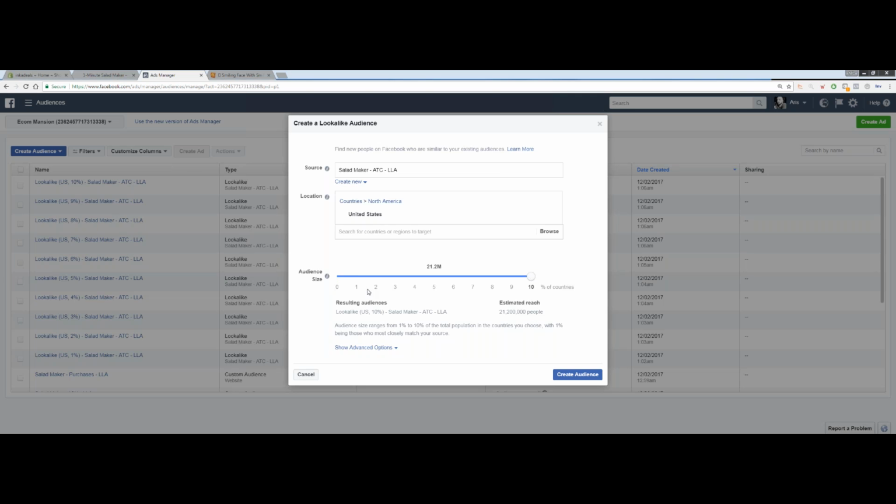Could be the 1% is not the one that's making money, it's the 7. You wouldn't know that if you just put 10. You might put 10 and make sales but never be profitable because it's not broken down.